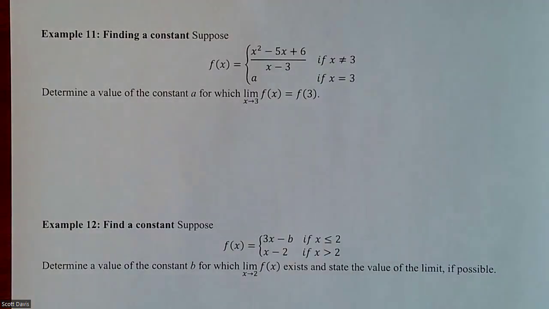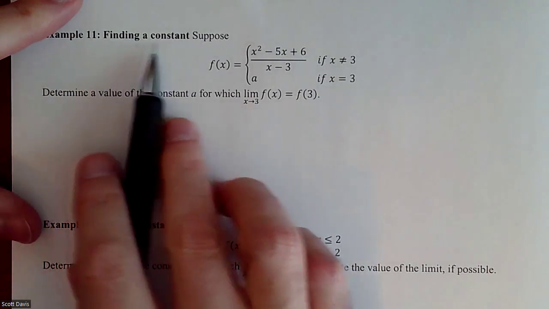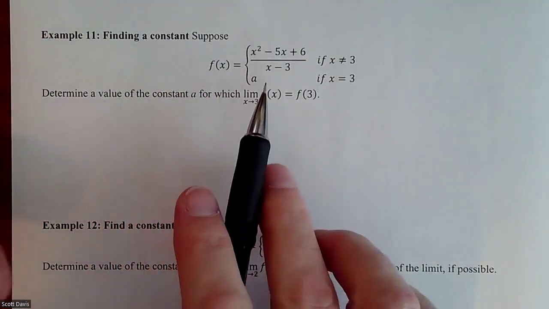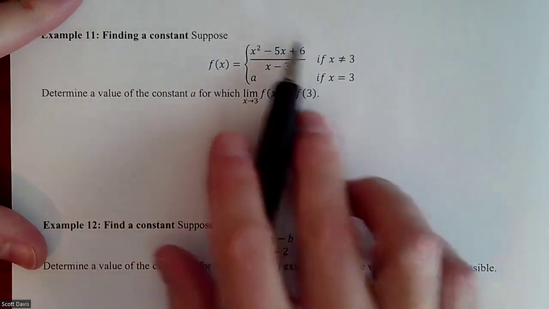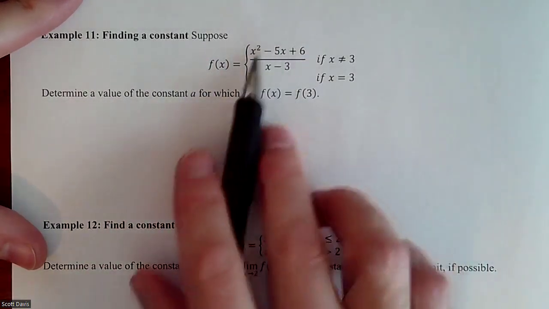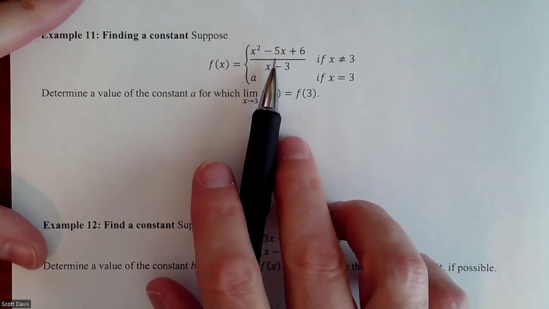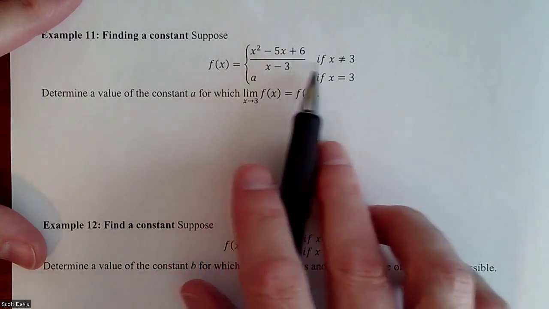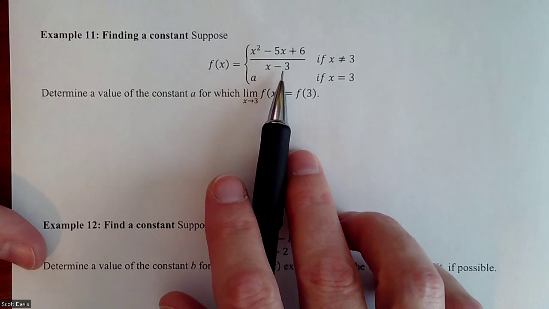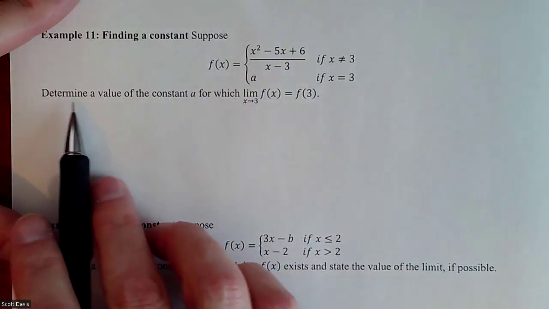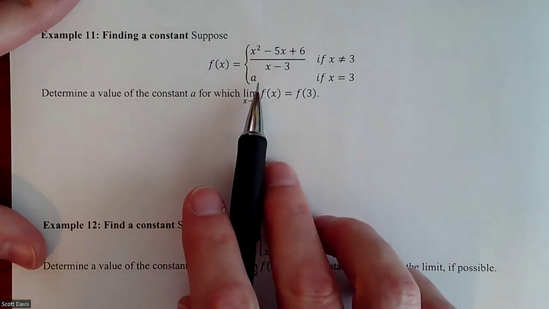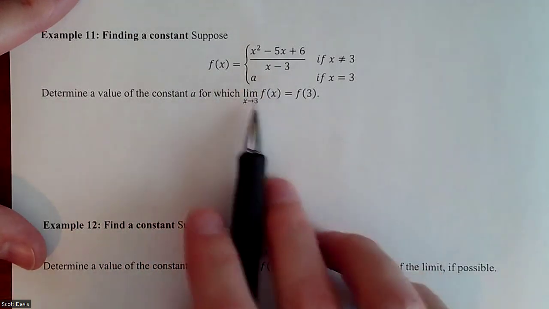In these couple examples, we are looking to find a constant, right? This constant is, we're looking for an a. It says, suppose that we have this piecewise function that everything is this graph, whatever that graph looks like, except at 3, because that would make a domain issue, it becomes something else, right? So the idea is to determine a value constant, this a, for which your limit